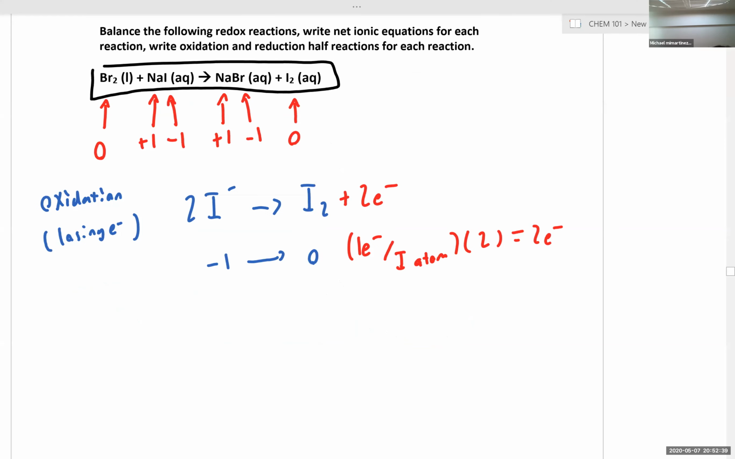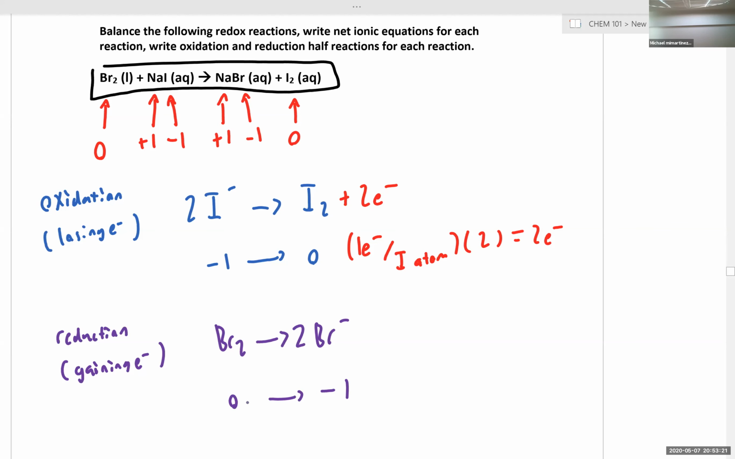let's try now to look at a reduction. In a reduction half reaction, we are gaining electrons. So what species did we say was gaining electrons? Bromine, exactly right. So we have bromine leading to bromide. So we went from 0 to -1. Now, before we do anything, is this equation atom balanced? No. We need 2 bromide